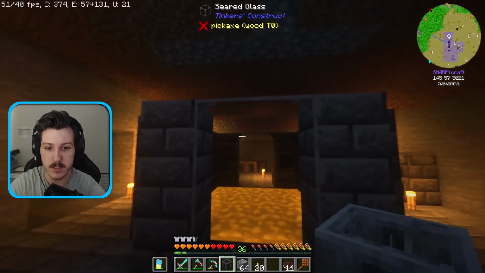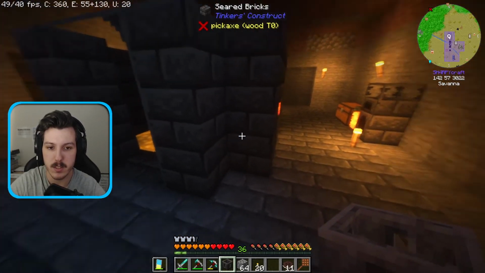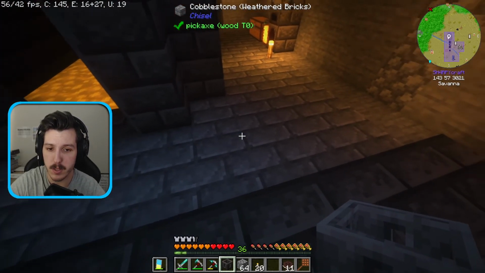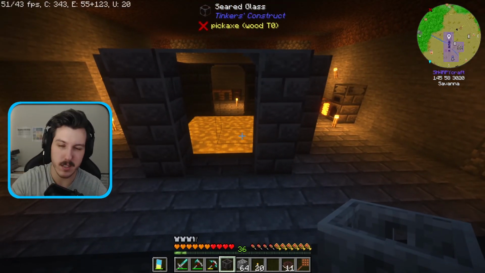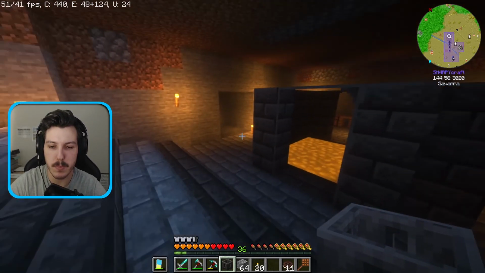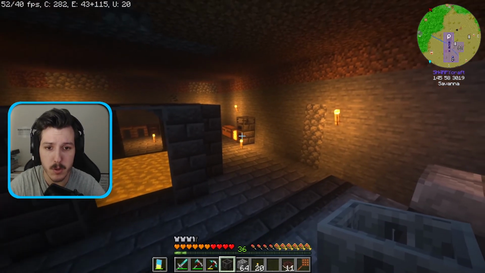So we put some glass in so you can see on the sides. That's optional. You just need seared bricks to enclose it. I believe it needs to be at least a 3 by 3, at least 9. Mine's a little bit bigger than that. That just extends the capacity for it. But because this video is pretty much turning into a tutorial, I'm just going to go through how we